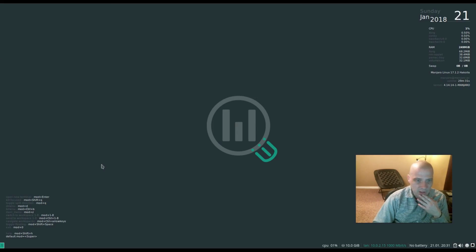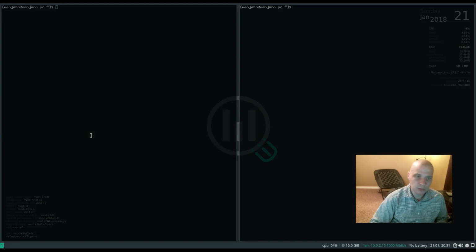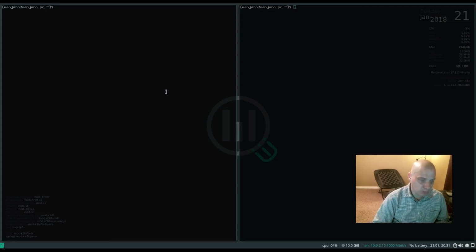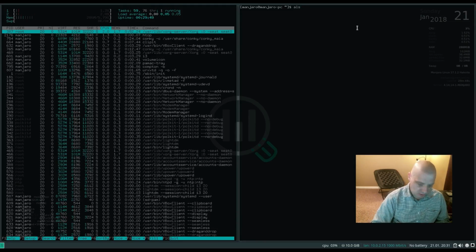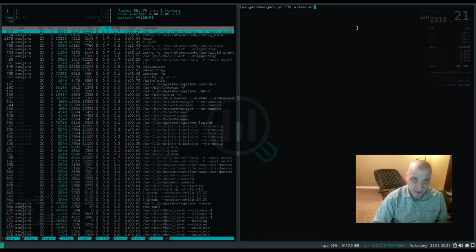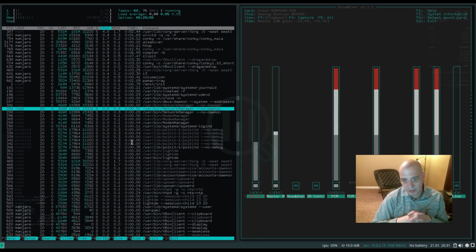I'll briefly show you how the default settings here for i3 work. So let me open up a terminal again. I'll open up a couple of terminals and I'll run a couple of programs in them. Let's launch HTOP. Let's launch Alsamixer because I know those two were installed by default. Alright. To get to a different desktop,